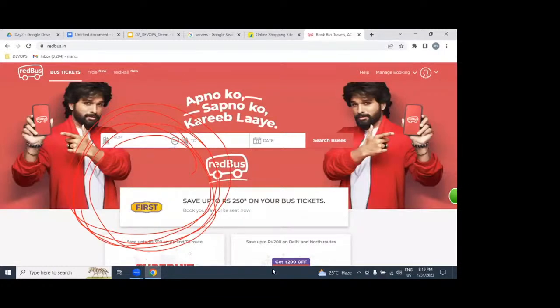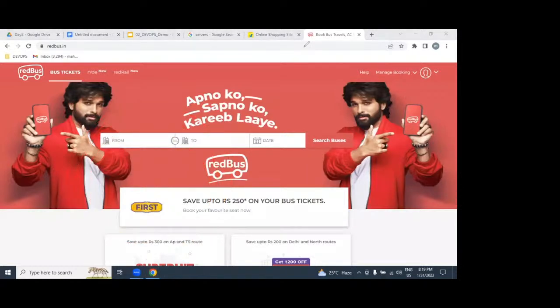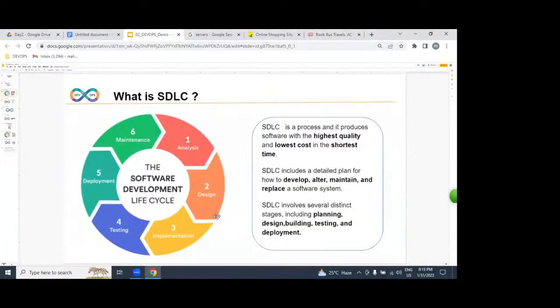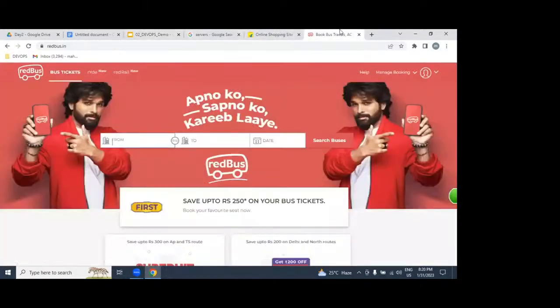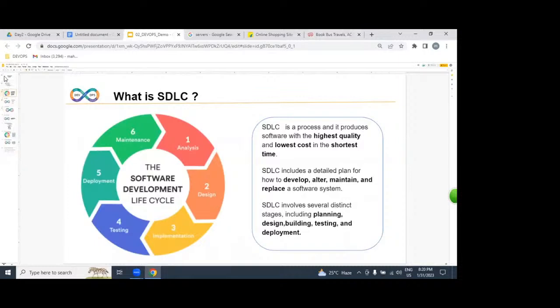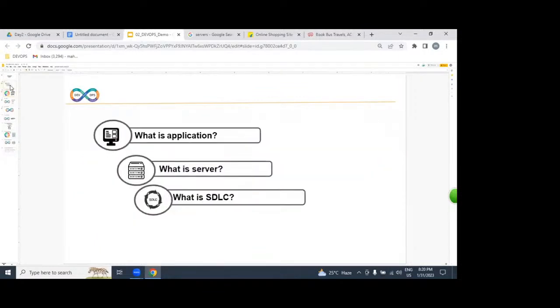In this SDLC, each and every employee is a part of this. Each and every IT employee is part of this diagram, maybe developers, testers, DB administrators, DevOps engineers, AWS admins, Linux administrators. We are all together producing and delivering working software to do business on the internet, which we are calling a website. Is it clear to all of you what an SDLC is? So I think we understood very clearly what is an application, what is a server, what is an SDLC.